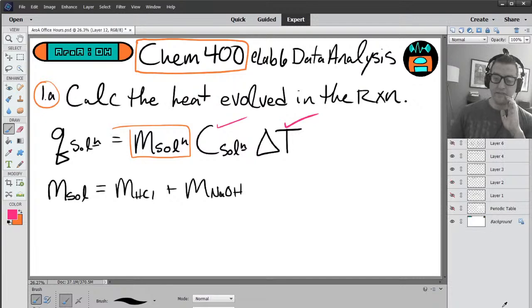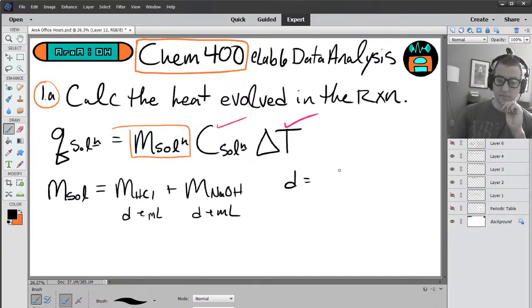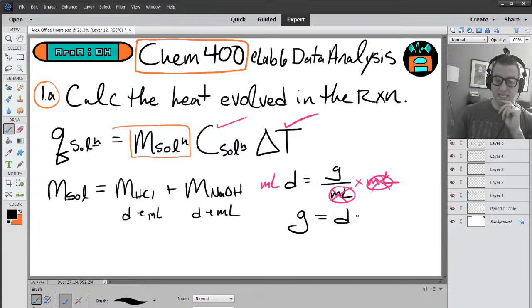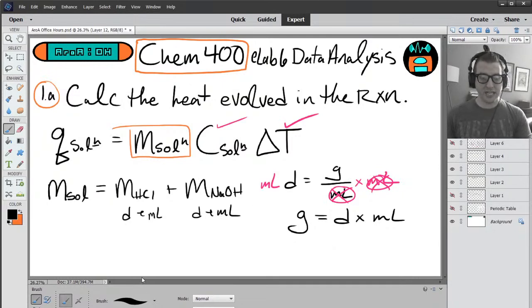All right? We've been given density and milliliters of each. Now, density is equal to grams over milliliters. So if you solve the equation for density, you'll see that the mass is equal to the density times the volume in milliliters. So we can find the mass of HCl and the mass of sodium chloride by multiplying the density and the